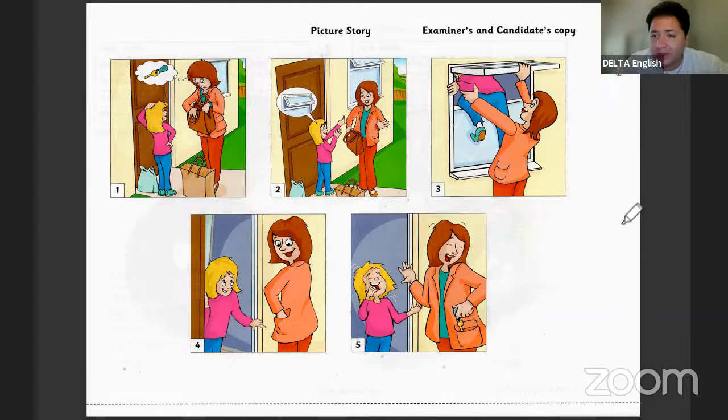So couldn't find her keys in her bag. So the girl thought in the window. I think here it wasn't well formulated, right? So the girl,